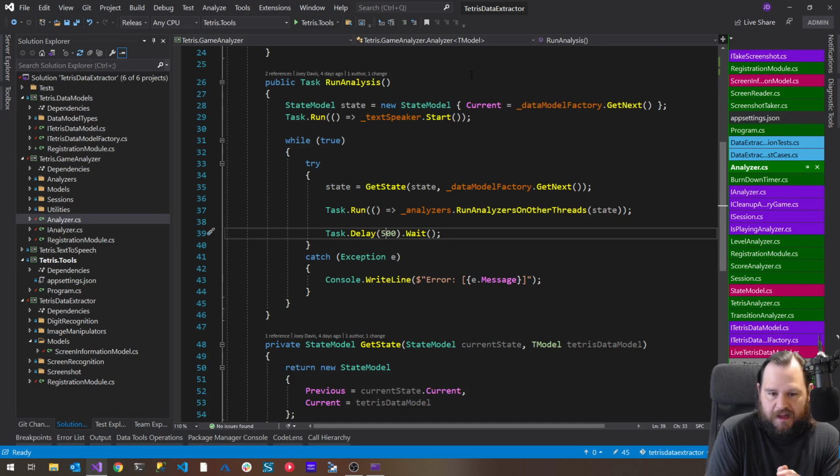The other thing is this delay value. Correct me if I'm wrong, but this delay value is really dependent on the kind of Tetris data model that we're using. Because if it's an actual screenshot,